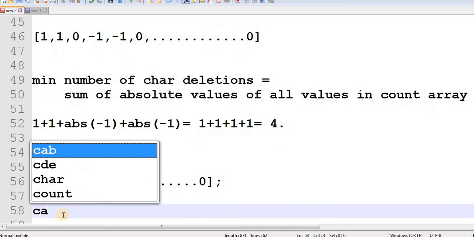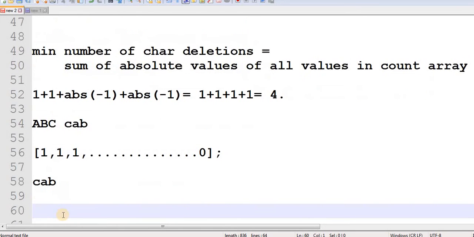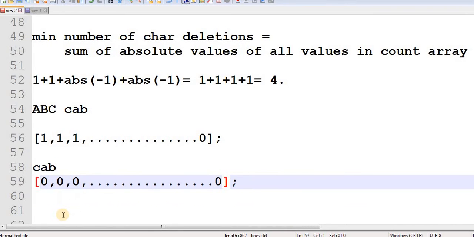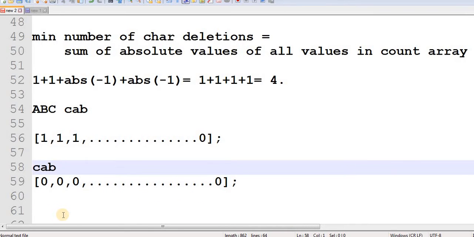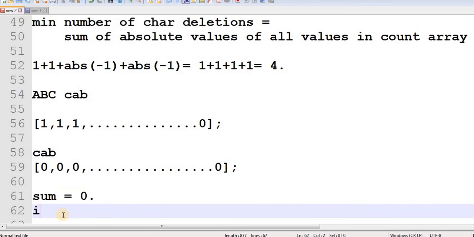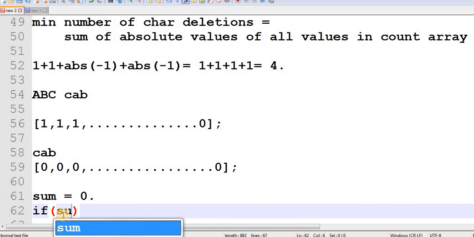So for the second input string, consider CAB. After processing the second input string, my count array would become 0, 0, 0 followed by all zeros. This is because we follow the same procedure as in the above example. So now if you find the sum, the sum of all zeros is 0. So if you obtain a sum of 0,